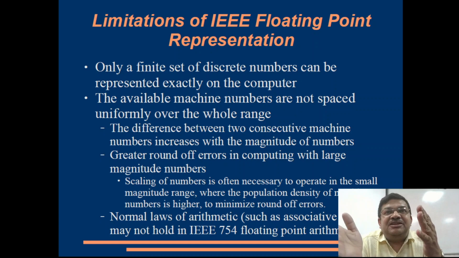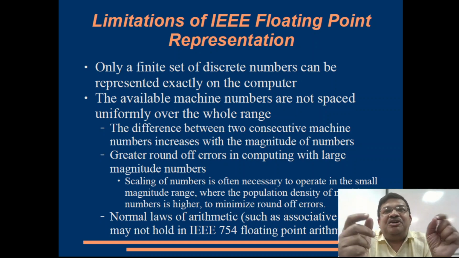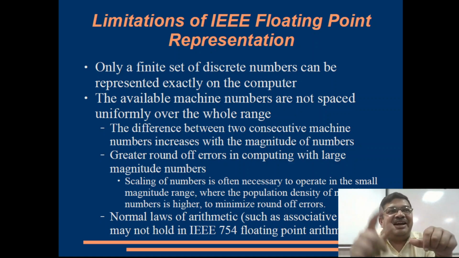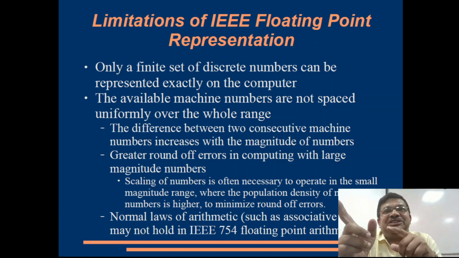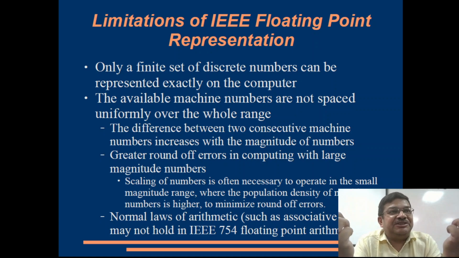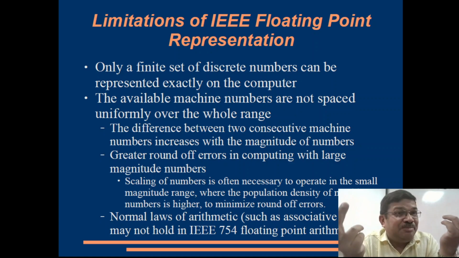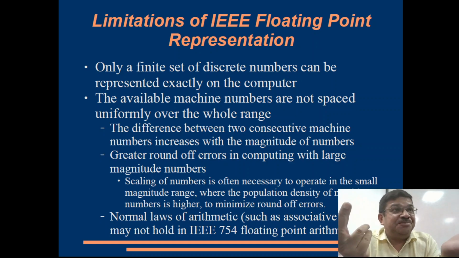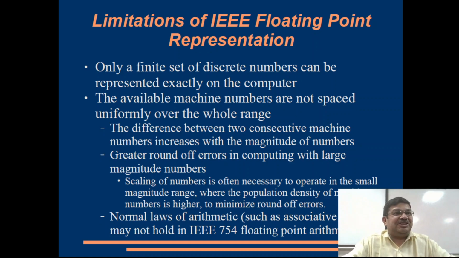A plus B plus C may yield different results depending on whether you first add A and B and then add C, or whether you first compute B plus C and then add A, right? The sequence of operations may incur different round of errors. So the final result may be different. The only thing I am saying is it need not always be different, or need not be obvious to you in the significant digits, 7 places of decimal, right? But it is quite possible that what you take for granted as associative law or distributive law may not hold